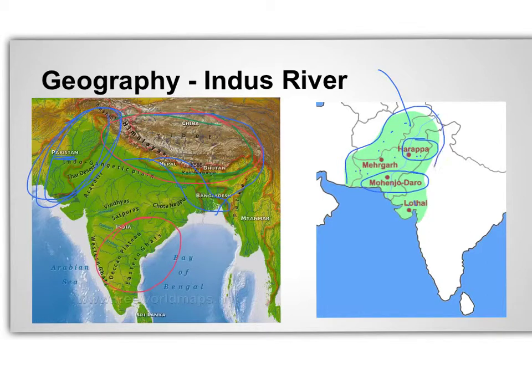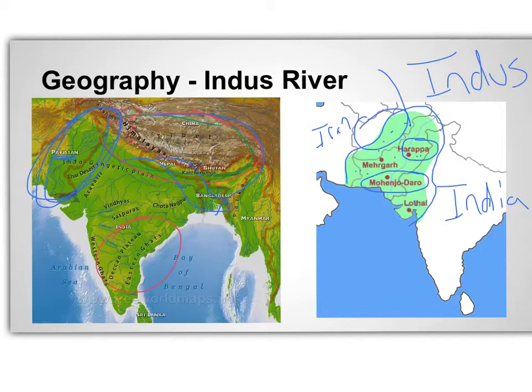Look at the area that it pretty much covered. There's parts of modern-day India. There's a good chunk of almost all of Pakistan today, and this is the country of Afghanistan, and this is Iran over here. These are modern-day countries. Here's India. So the Harappan civilization covered a lot of space and land, and it centered around the Indus River, and it was found in the Indus River Valley. So let's move on.